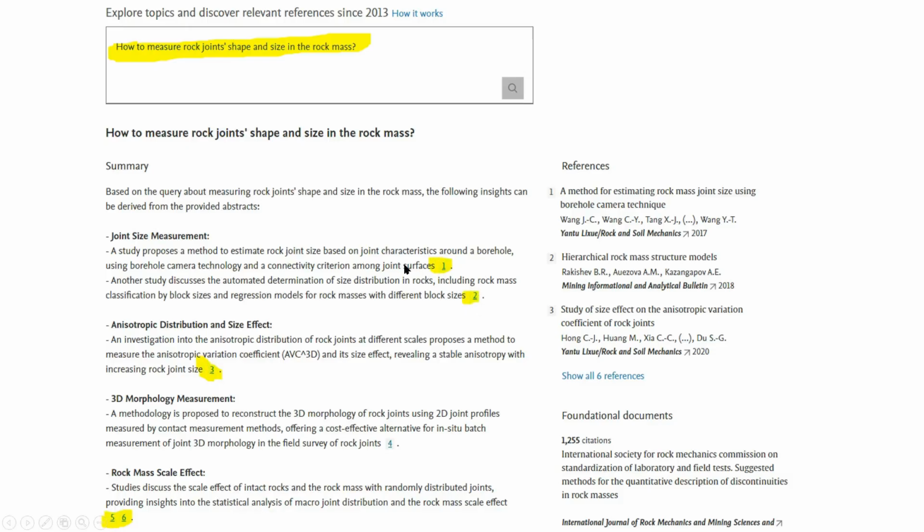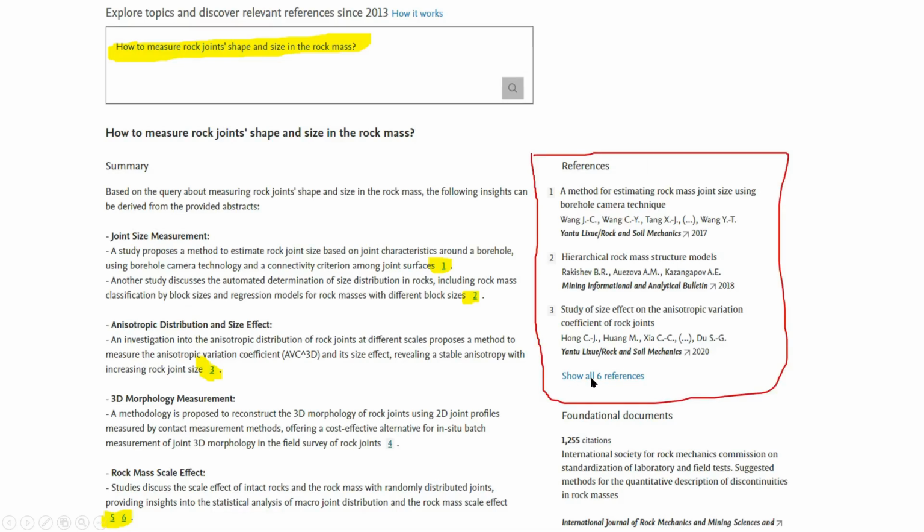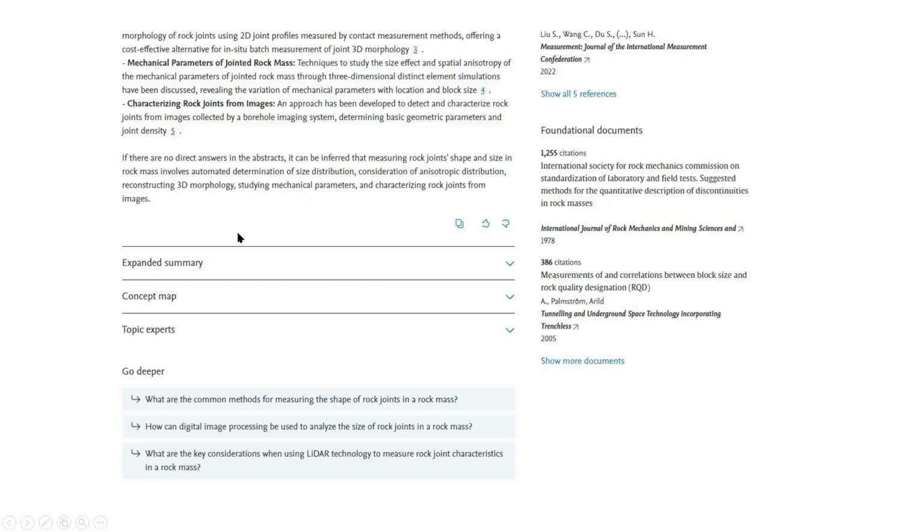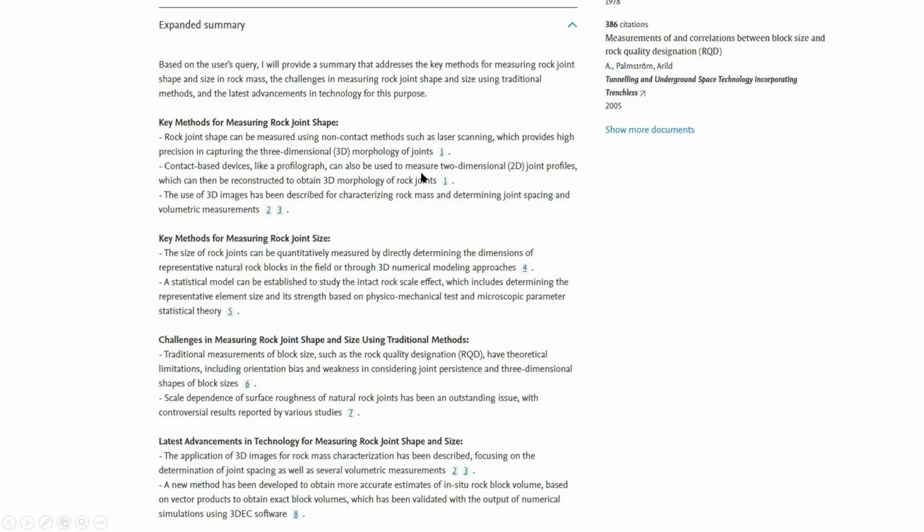And the really good thing about it is that it gathers information from real references and lists those references here in this section. If you click on this option, you can go and see the references and you can refer to the original source and study it yourself. If we scroll down and the summary it has provided doesn't satisfy you, you can ask it to give you a more detailed and comprehensive summary with additional explanations. If you click on this section, it expands the discussion a bit with more explanations. And again, it uses the same references.